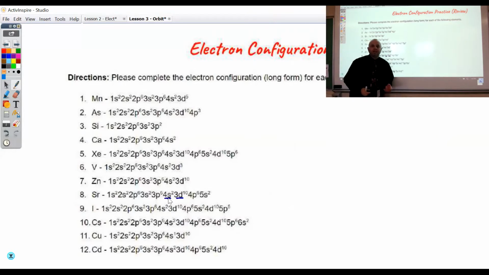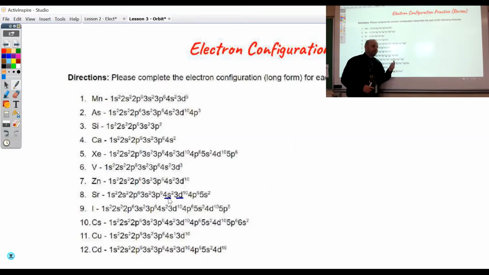I know on some websites, if you go to look up answers, you'll see the 3d10 right after the 3p6. This is wrong. It should not appear that way, and that is not the way electrons fill into that orbital. So what I'm reminding you is that we will write the 4s2 followed by the 3d10 and then jump back